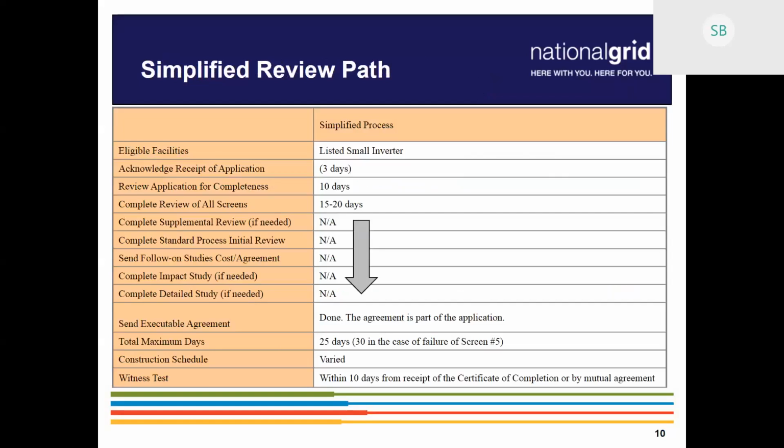So this is our simplified review path. And as I walk through this timeline, I did want to point out some of the points in our process where we commonly see issues, to help you get applications through as smoothly as possible. Initially, when you're starting your application, if you're going with MassSmart, we recommend going to the Clear Result portal first to apply for that MassSmart incentive. They give you a confirmation number, which can be entered into our portal to make sure everything is linked together. We know it from the beginning, and this helps the process run smoother towards the end. But it's just a recommendation, not required.